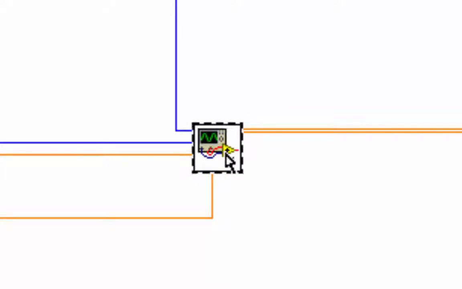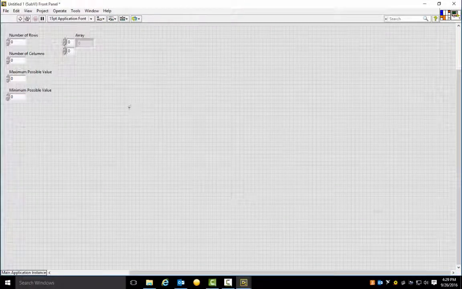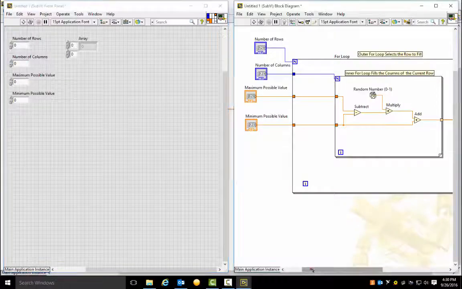Okay, so after we've done that, we then want to do a little bit of editing on it to make it look nicer, and we will do that by double clicking on this sub-VI. All right, we're going to open it up. Now I can tile this left, right. Okay, so this is what's in the